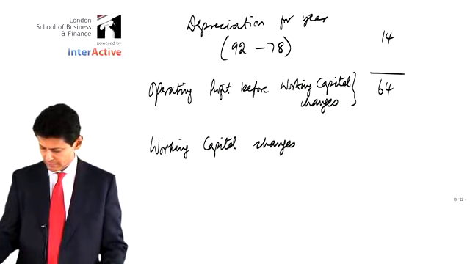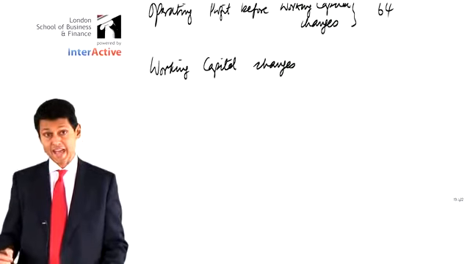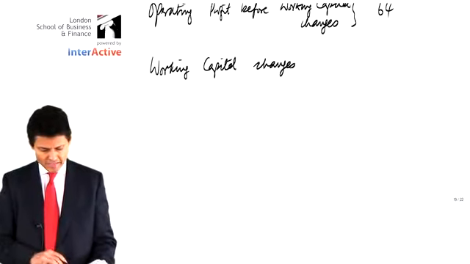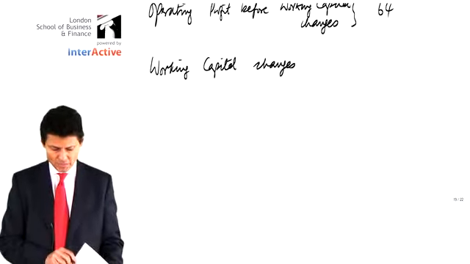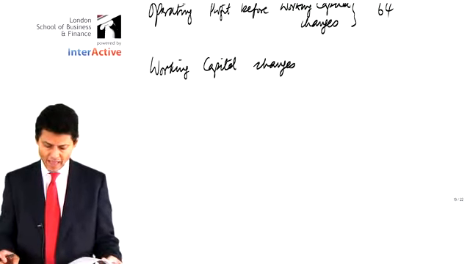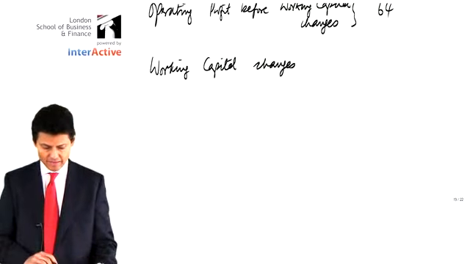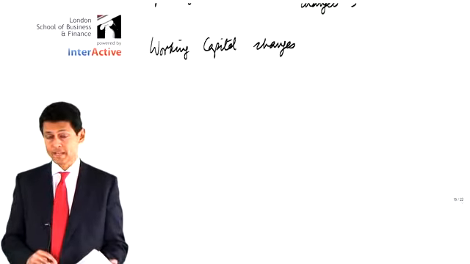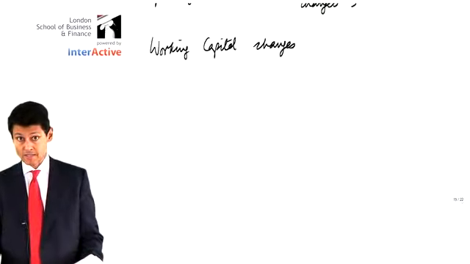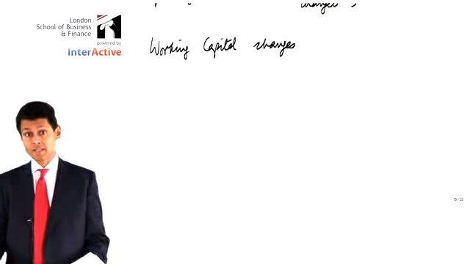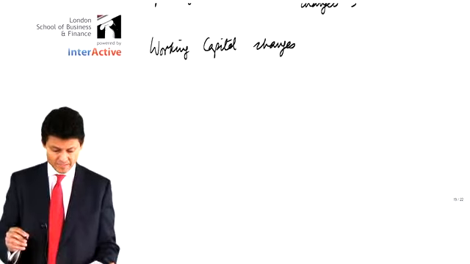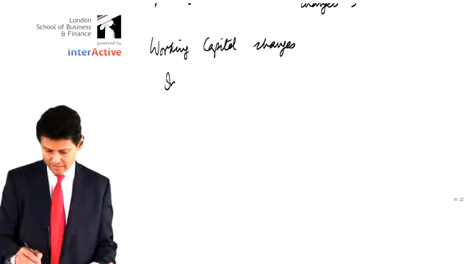That little section. This is where you have to be really careful. Easy marks, though, if you're careful. As far as I can tell, we have inventory of 17 at the year end, and at the start you had 12, so it's gone up by 5. So once I've decided it is an increase, in other words, if I check to see if it is an increase, once I've decided in my mind it is an increase, 17 compared to 12, I'll then actually use the word increase. So let's say increase